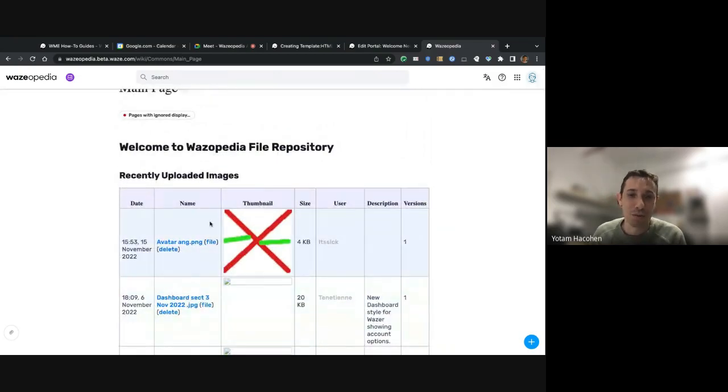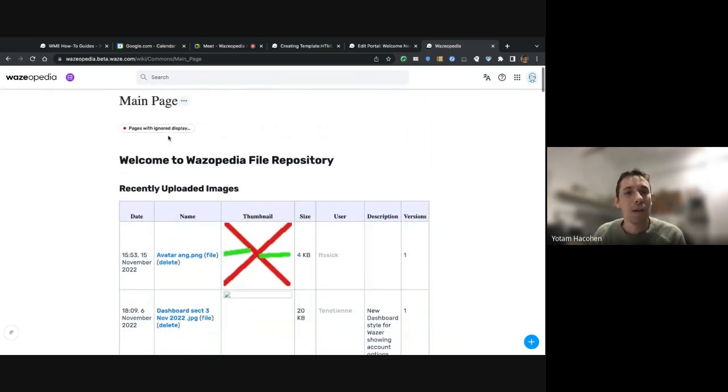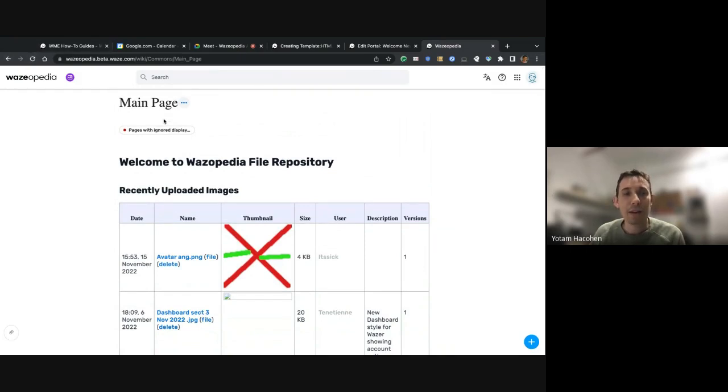I'm in the beta mode, so there are some broken images here. And I can embed this file in each of the local communities. Let's go back,